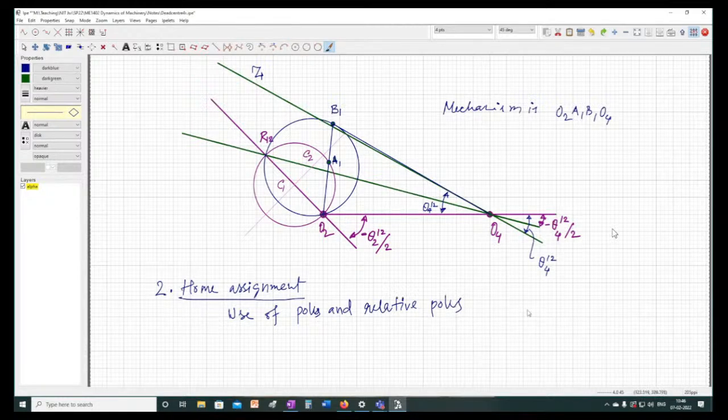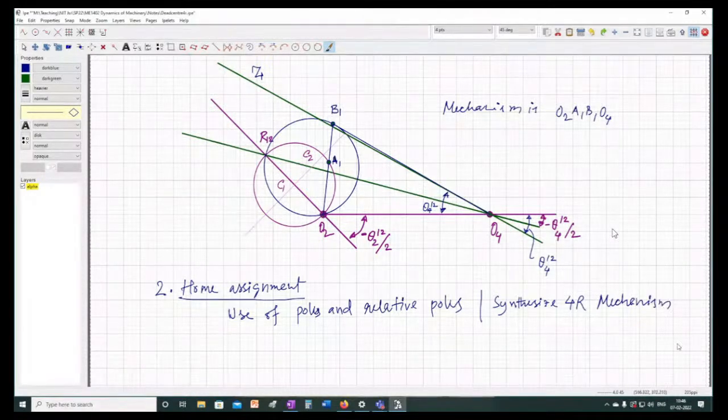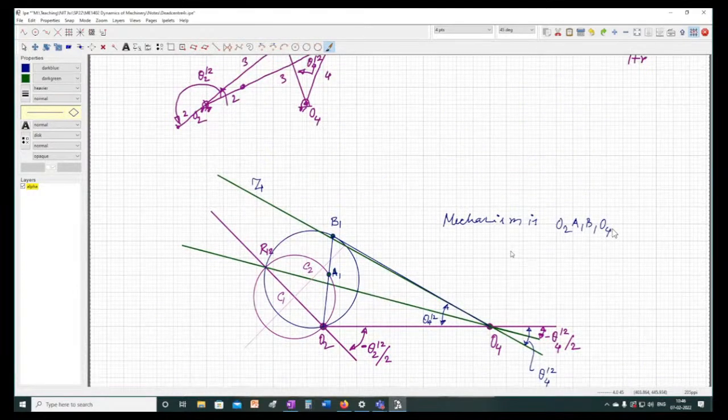Okay, using this you need to synthesize 4R mechanism. Okay, this is your assignment 2. When you complete this, the logical steps will be very much clear. Okay,